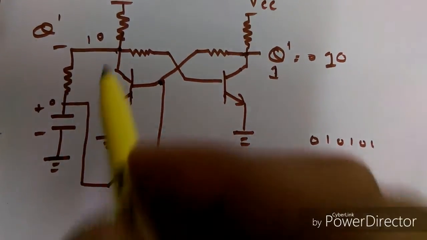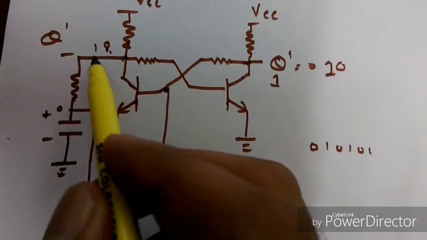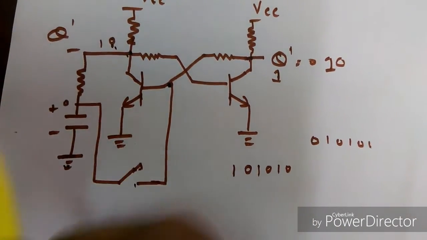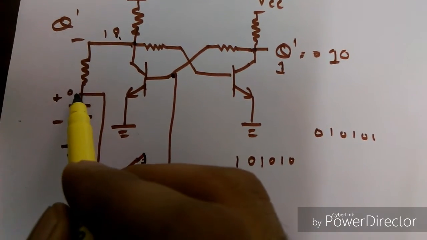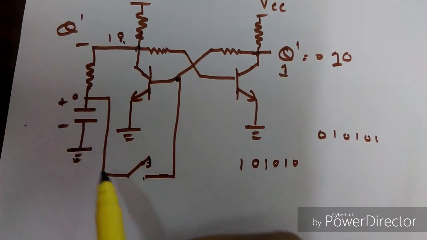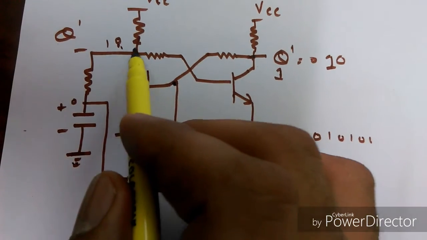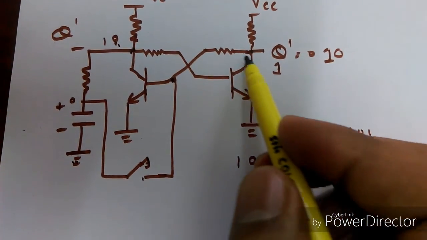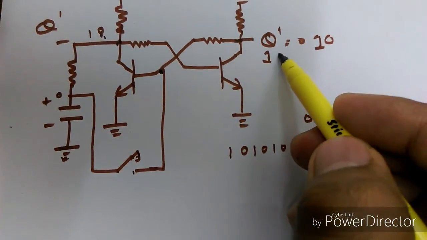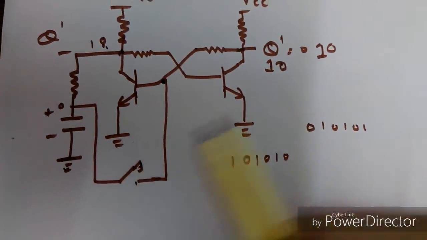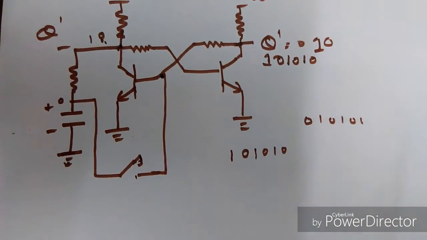And we can see here this 0 means it is at ground, and this one is also ground, so this capacitor gets fully discharged. So again when we press this button it will give us logic 0, and it will turn this transistor off, it will give output 1, and this output 1 will turn the second transistor on and it will give output 0. So again when we press this button, it will turn on and off, on and off.